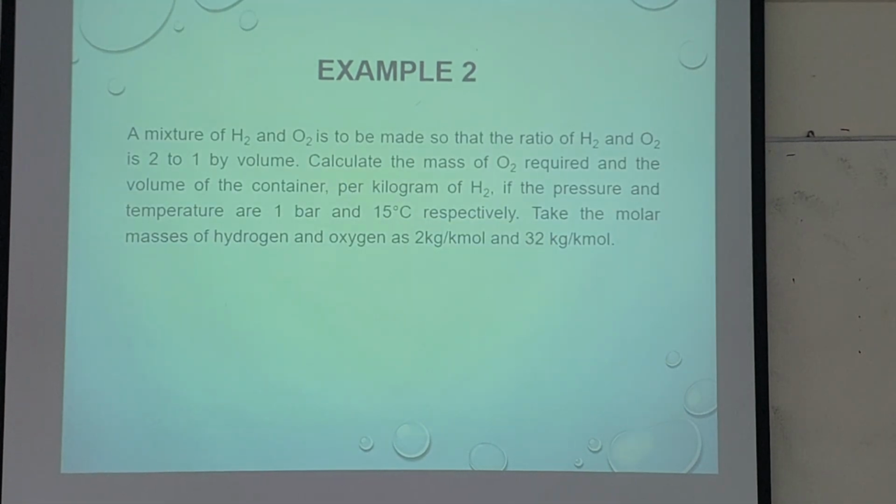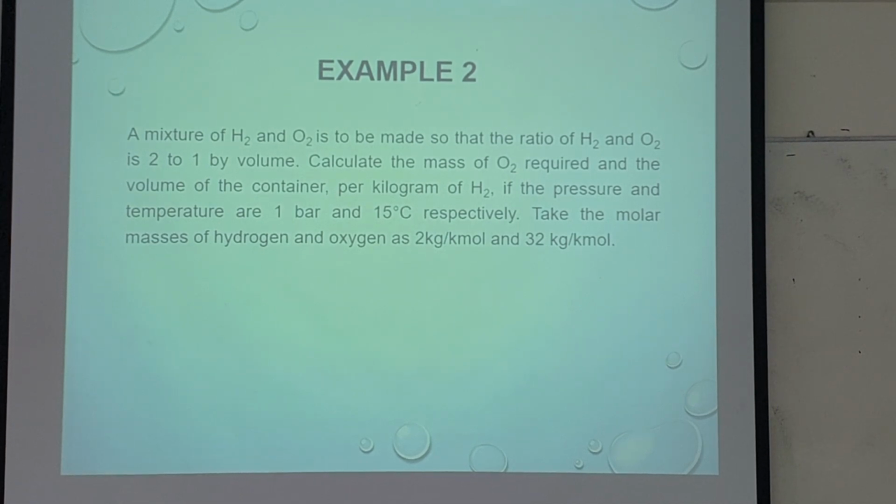Okay, so example 2. A mixture of H2 and O2 is to be made so that the ratio of H2 and O2 is 2 to 1 by volume. Calculate the mass of O2 required and the volume of the container per kilogram of H2 if the pressure and temperature are 1 bar and 50 degrees Celsius respectively. So again, we have this same property. Take the molar masses of hydrogen and oxygen as 2 and 32. Okay, so what the question is asking for here is,